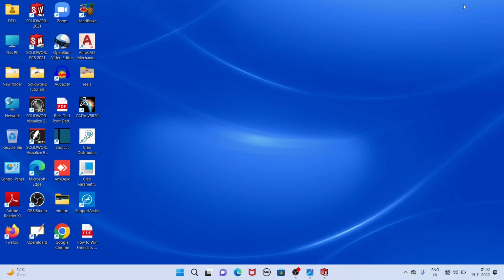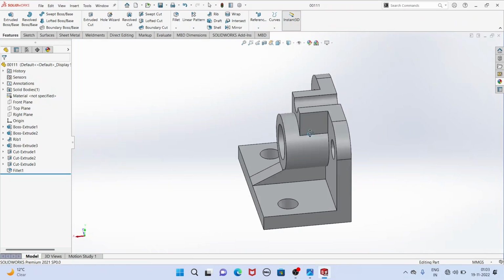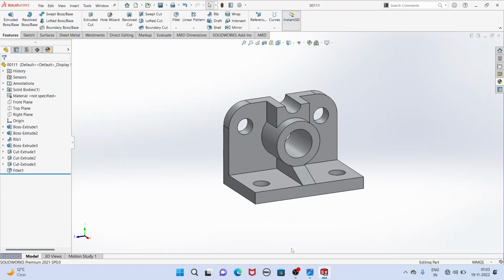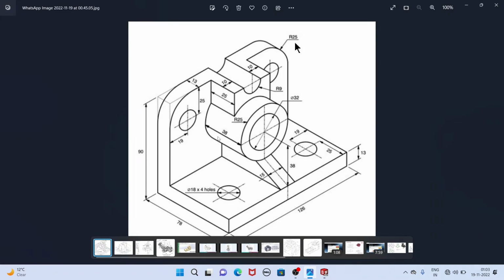So friends, today in this video, we are going to learn SolidWorks part modeling. This is the part which we are going to create today. So let's start. And friends, this is the drawing for this part